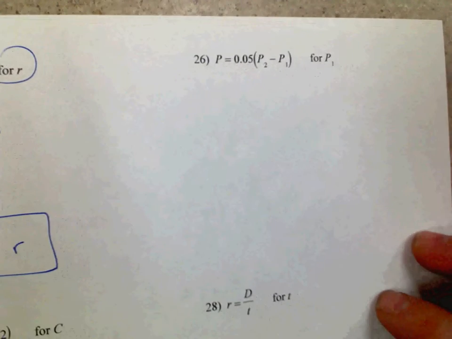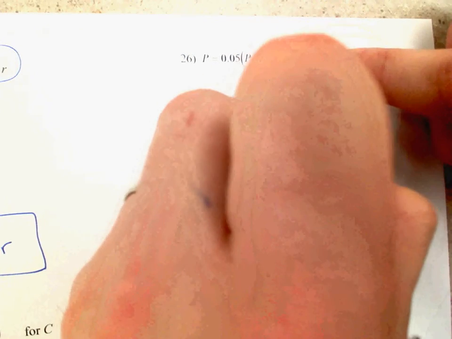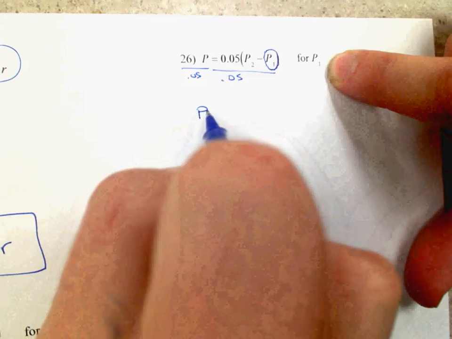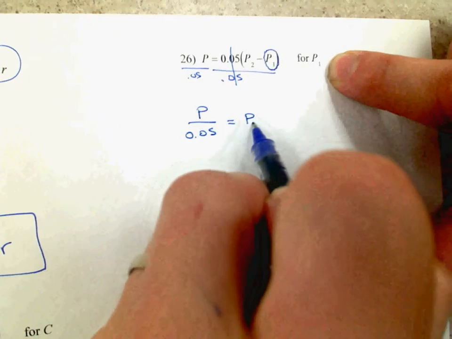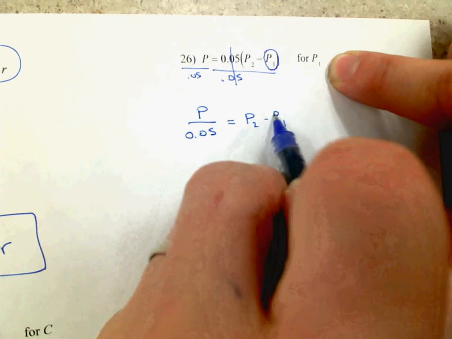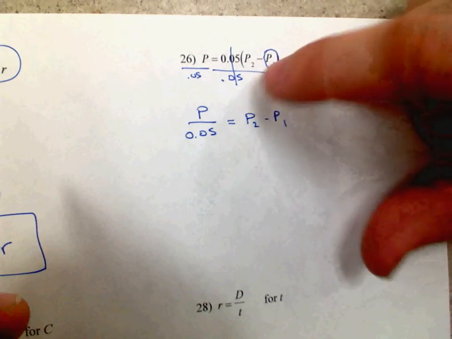Alright, 26, solving for P1. Well, P1 is here, so I can't really move the P2 yet because it's in these parentheses, so I'm going to divide by 0.05. So P divided by 0.05 equals P2 minus P1. Now, I need to get P1 by itself, but it's negative and I really don't want to mess with that, so I'm just going to add it to the other side,